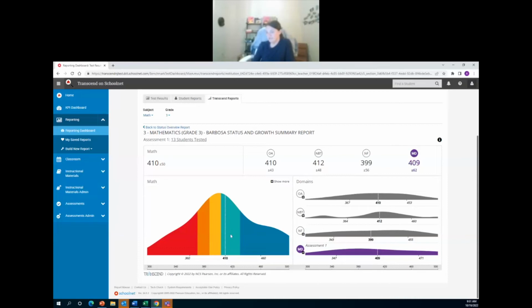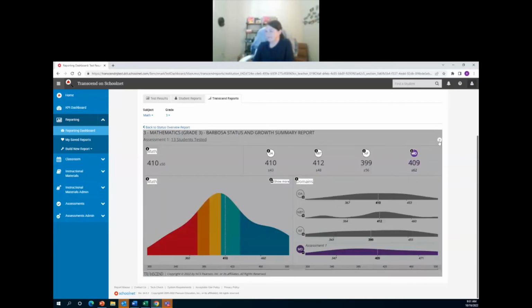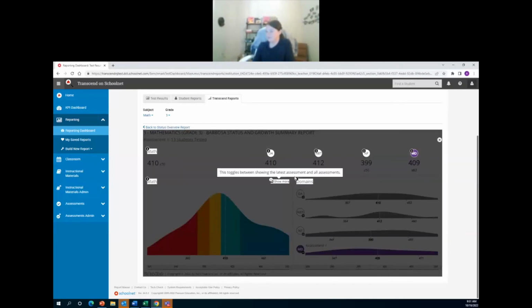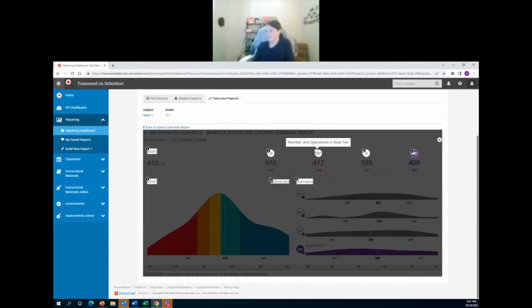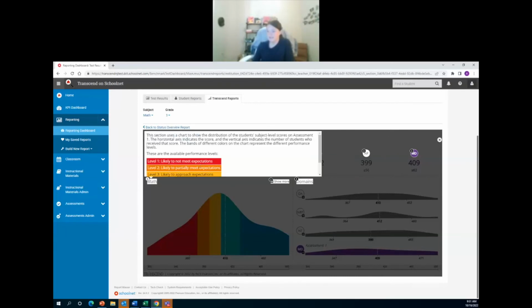This information here tells you where these students are falling in an aggregated way in the performance levels. So we've got the majority of the students here in performance level 4. That's where that mean puts them. And then you can start to see the variability of students across the different performance levels as well. So if I click on this icon, I can continue to get additional information. We provide the titles of the different domains, so that's available, as well as, again, describing what the performance levels mean.